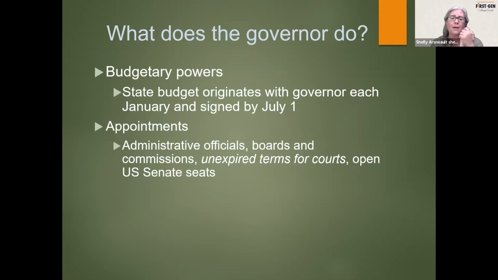And it's probably not very well known, the governor also appoints for unexpired terms for judges on our courts. We know we vote for them, but typically we are voting for someone that's an incumbent, because at some point a judge who is sitting leaves, gets an appointment to a federal court, for example, or decides to retire, and then it's an open seat. And the governor has the power then to appoint to that seat. And then open U.S. Senate seats, which is also a really interesting one, and that causes a cascade effect.